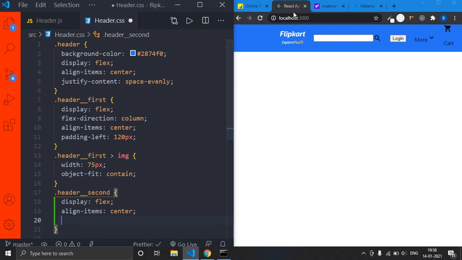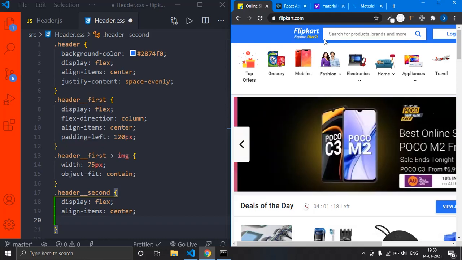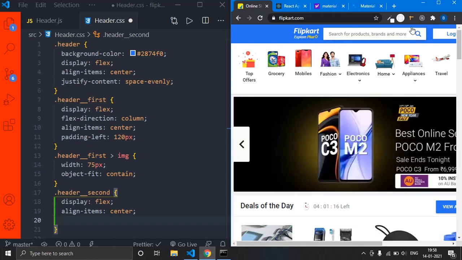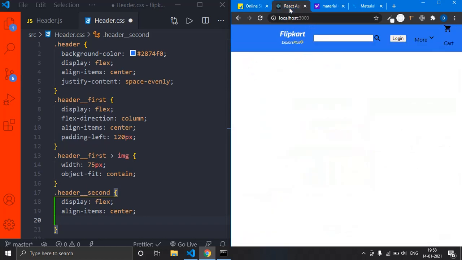Now in our Flipkart, this input and the search icon are under only one part, right? So we can't figure out that those are actually two components, two parts.